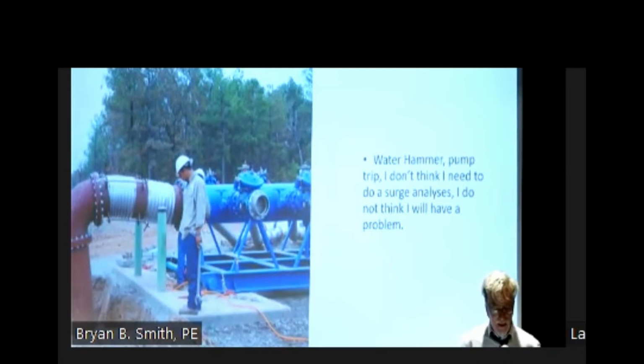So the paper mill's like 7 miles away. They're like, we're not going to listen to them. We're just going to turn off the pump. Switch off. We don't need to manually, slowly shut down the change in velocity of the system. So they just turned off the pump. Negative wave went to a full vacuum.